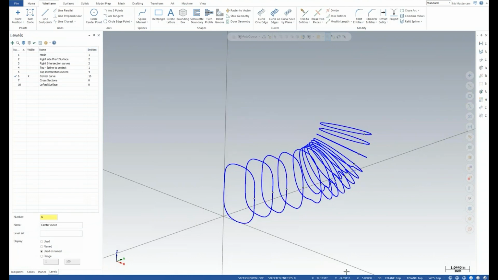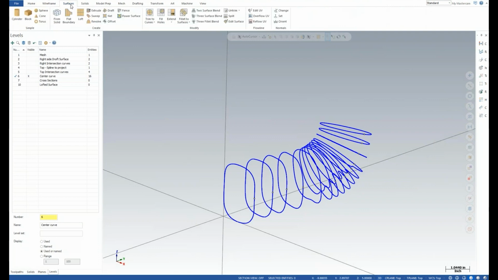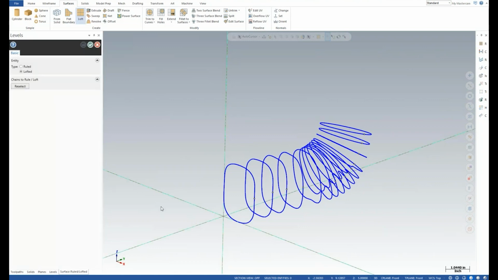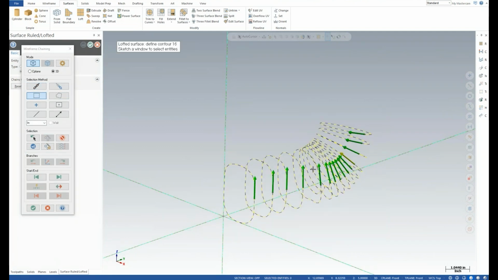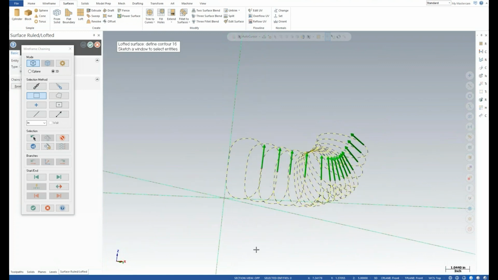And now what we're going to do is create a lofted surface. I'm going to use the window method because I don't want to go through and manually chain them if I don't have to. So I'm going to set my construction plane to front. I'm going to choose loft, and we're going to grab our window.